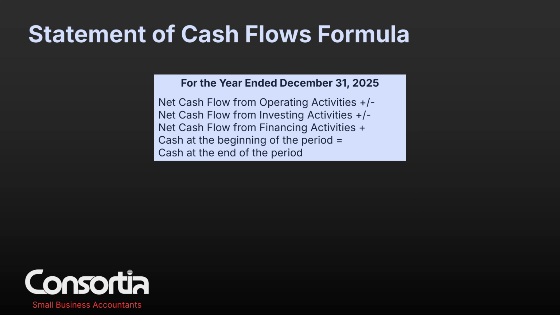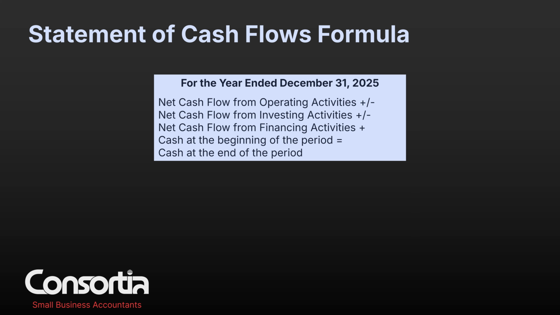Now, I could also go to my balance sheet. And my balance sheet, as you know, is listed in the order of liquidity. And so cash is always the first thing listed because it's obviously the most liquid asset that you have. And so if I were to look at my balance sheet as of December 31st, 24, and looked at that balance, and I compared it to the year ended December 31st, 2025, you would find that the same numbers are